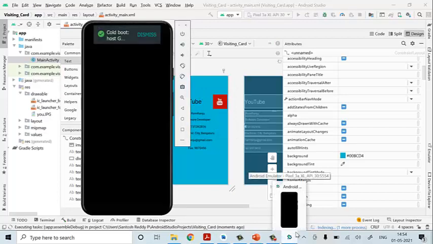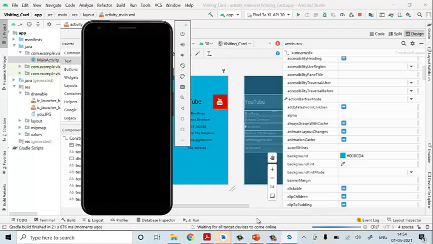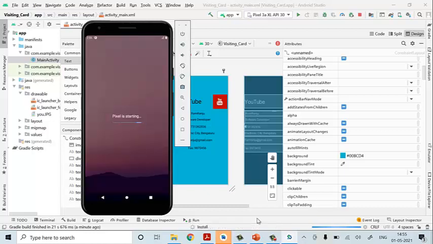The phone has started. The code is installing.